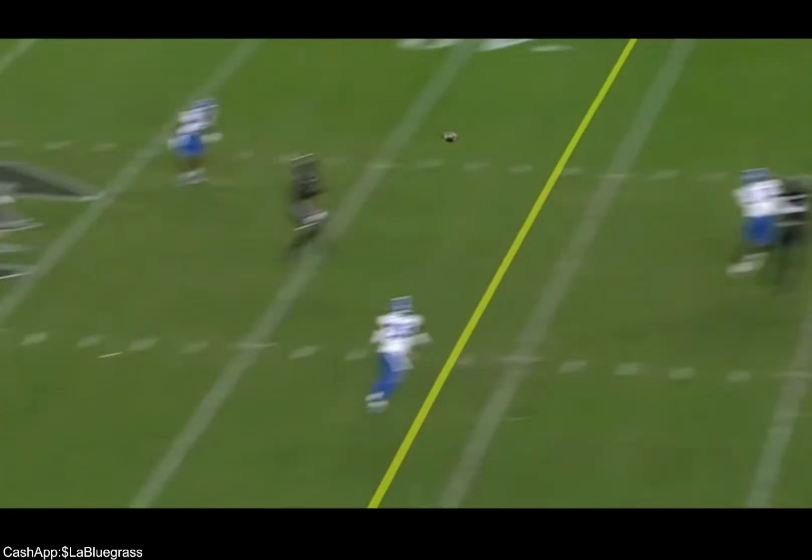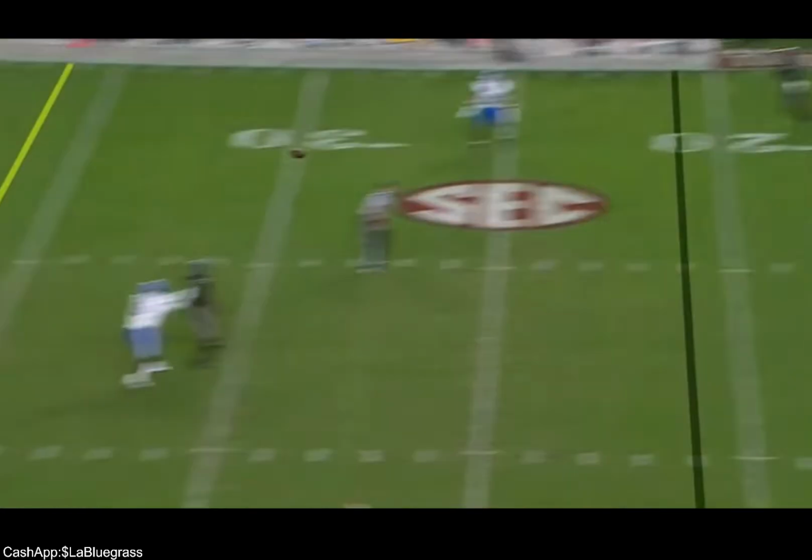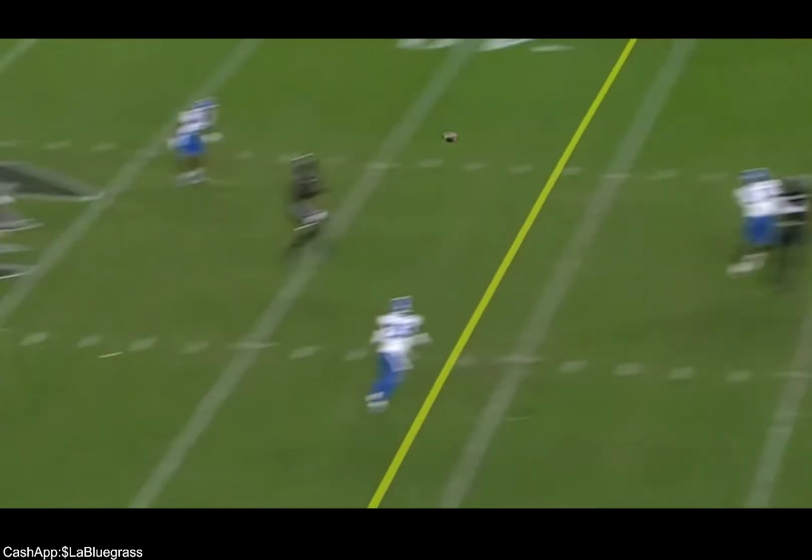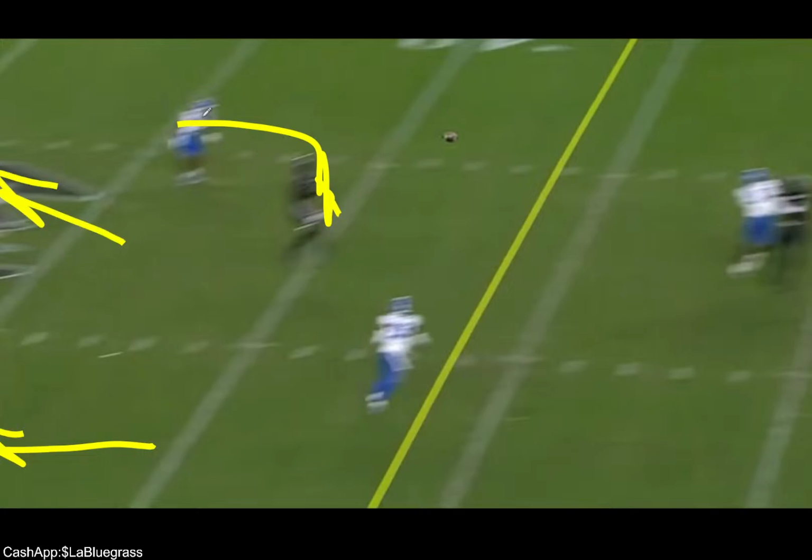So there's a corner somewhere out here still. So here's the deal, and this makes it even more obvious now that I'm looking at it for the 18th time, talking it through. There's a corner here, and that safety's in the middle. He is a robber for sure. Guarantee it. No doubt about it now. I still don't have the whole cut, but I'm pretty comfortable saying that there's a corner out here. There's a safety in the middle. This safety should be robbing. No doubt about it.